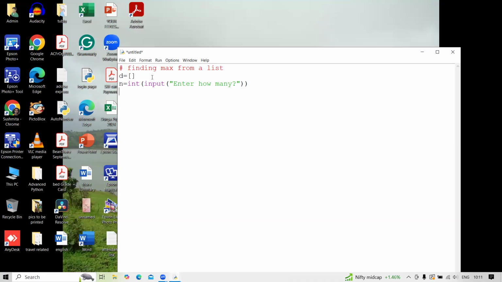Correct? So for i in range n, I believe range n we understand 0 to n minus 1 times. So if user says 5 elements I want to enter, so range 5 will generate 0, 1, 2, 3, 4. 0, 1, 2, 3, 4 is also 5 numbers. 5 times my loop will run automatically. Okay? This is confusing. Then you kind of do it as range